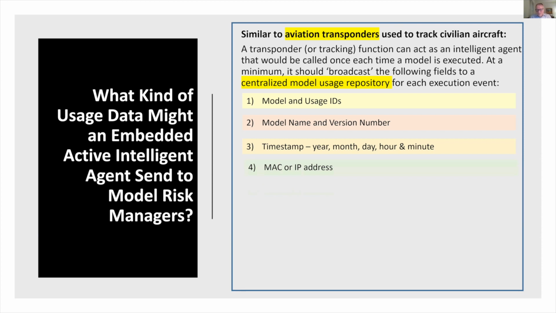What is a MAC? That's a media access control, and it's the hardware equivalent of an IP address. The MAC address is embedded for every processor, every computer, every laptop has its own unique MAC address, and that can be read by a call to the operating system, which is a unique identifier of that particular laptop and therefore the processor that's being involved in the execution.